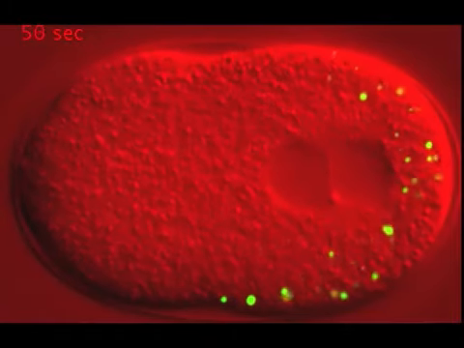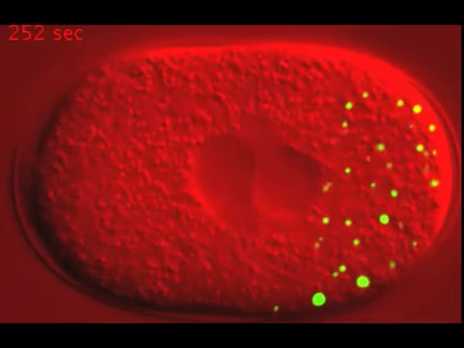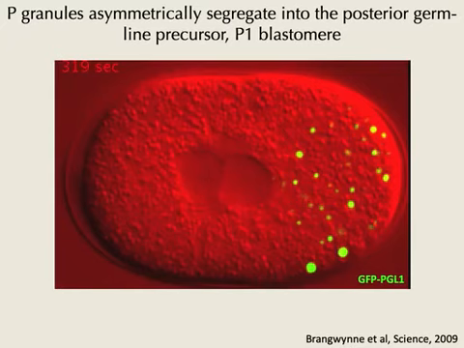So here the polarity is a bit complex, and I'm not going to go into the details in this course, but the molecule, this GFP PGL-1 and some others that are part of these P granules, tend to coalesce and so-called phase separate. So they become distinct from the cytoplasm. But their propensity to do that is higher in the back than in the front, in the prospective P1 than in the prospective AB cell. So now you have an asymmetrical, or polarized, distribution of these P granules.